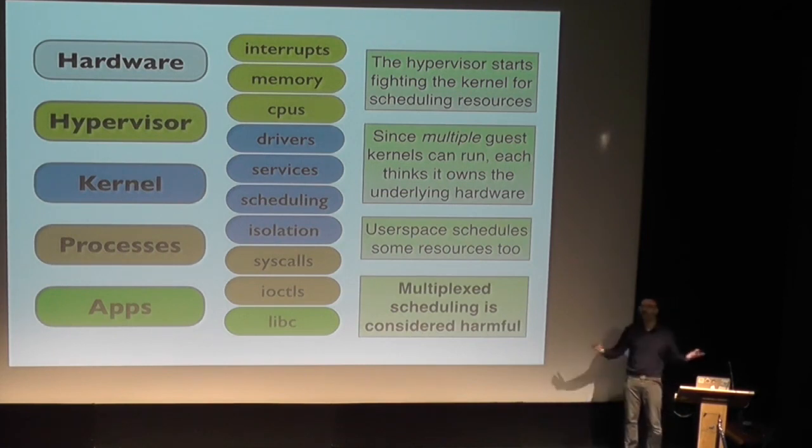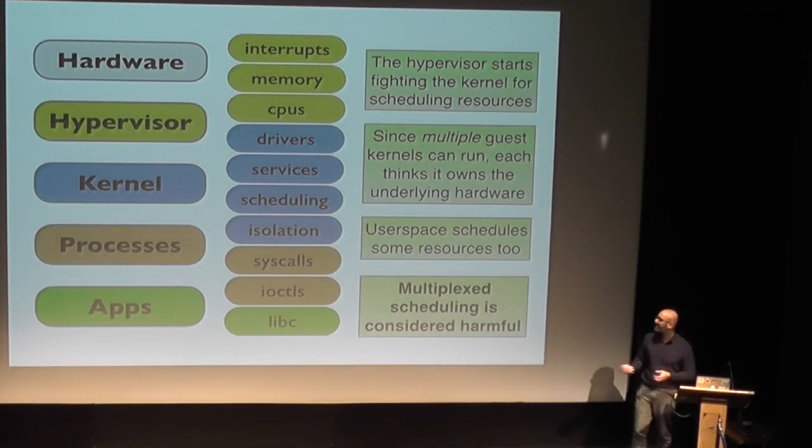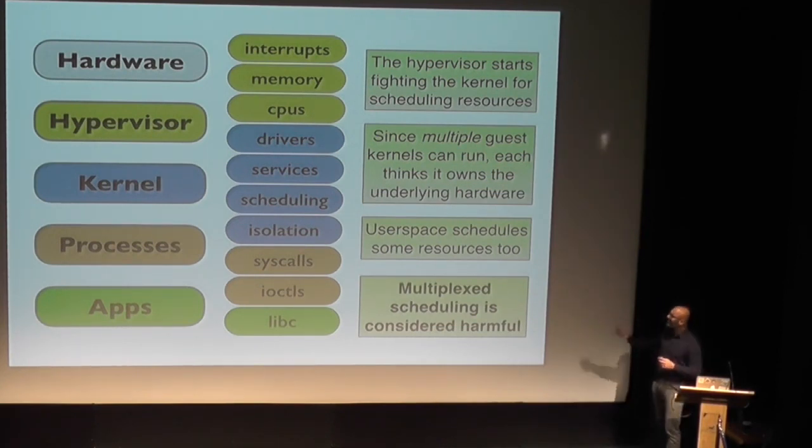Because you might be running a Java virtual machine or something else. It's running its own kind of user space threading processes. It's also going to manage the application level logic. And then you've got your actual business logic, your application, and it's got its own scheduler as well, at perhaps a different level. And all of these things are not cooperating in their scheduling.